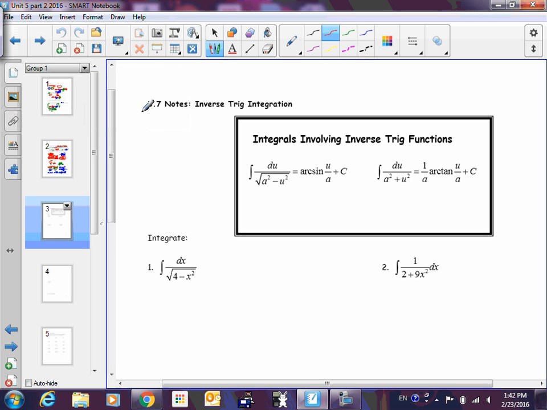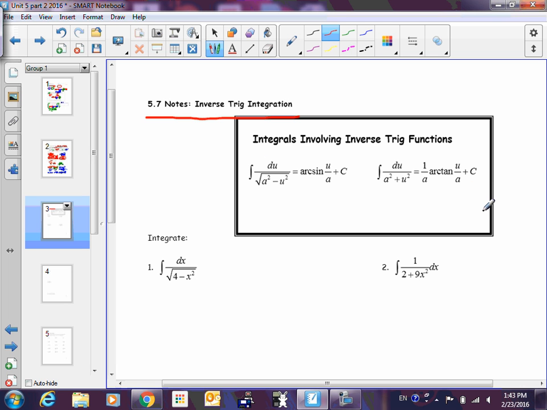Okay, so with inverse trig integration, we have formulas, just like how we did with the derivatives. Yes, it's 2 more formulas to know. You don't need to memorize these formulas today or anytime really soon. You just need to know when to use which formula and how to use it. So we're not going to approach these as normal U substitution, okay? We're going to kind of incorporate what we already know, but then it's always going to go back to these